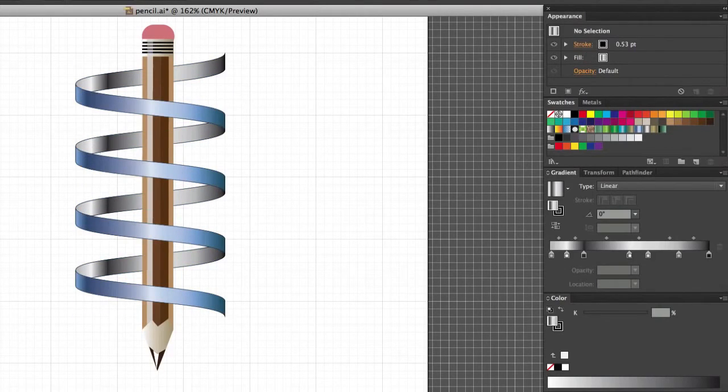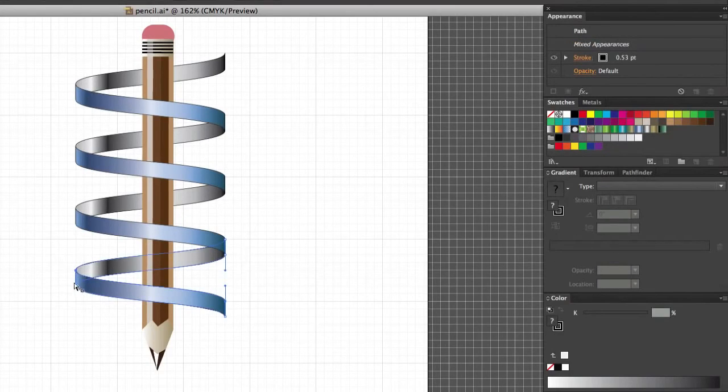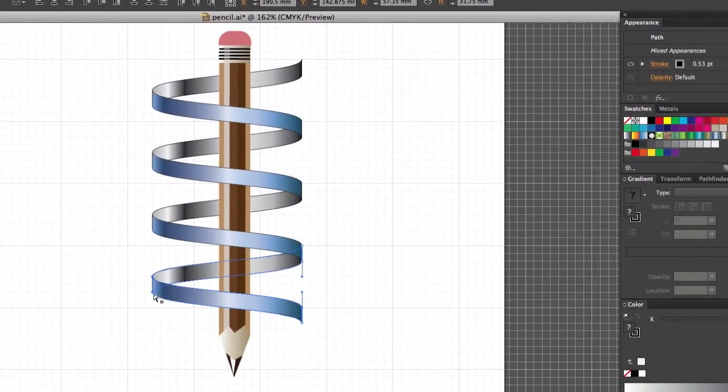Okay, let's get the direct selection tool, the white arrow, and let's just select just the points of those two shapes there, and that means we can